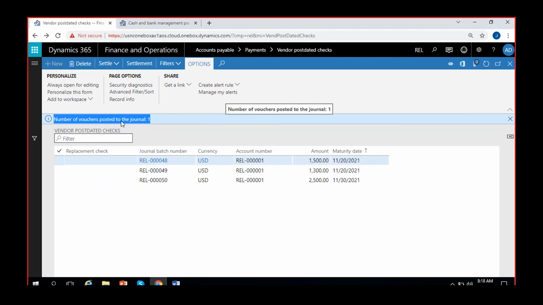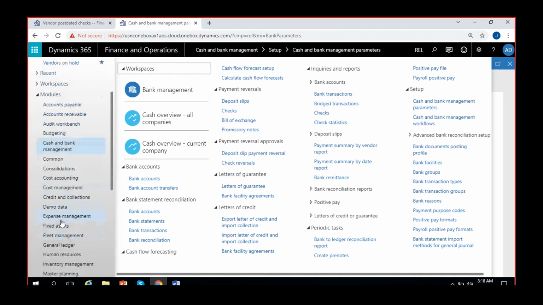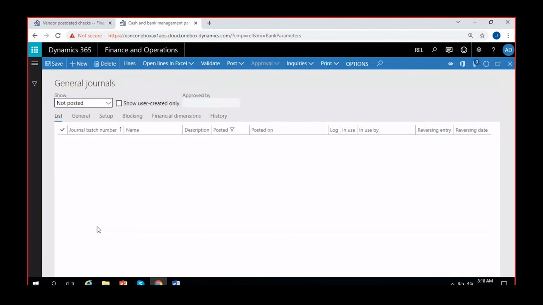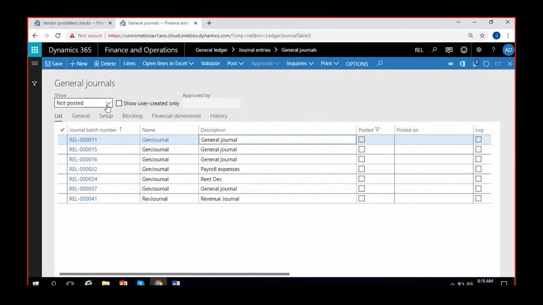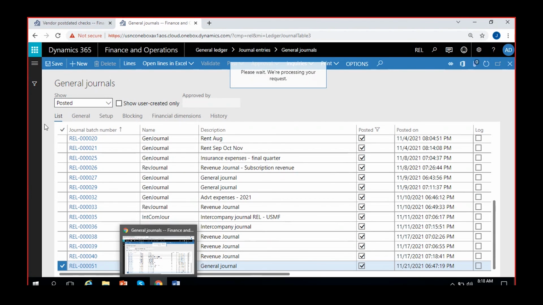So it is saying that the number of journals posted was 1. So I was expecting that it should post to general journal. So let me take you to the general ledger, general journals. Here I am going to the posted journals, journal number, whatever is the last. So this one, 51. If I open this journal, which was already automatically created and posted,